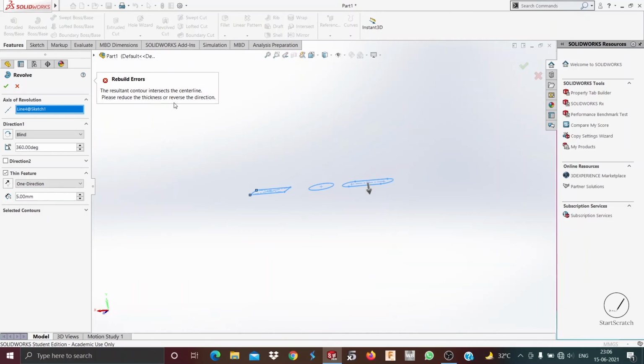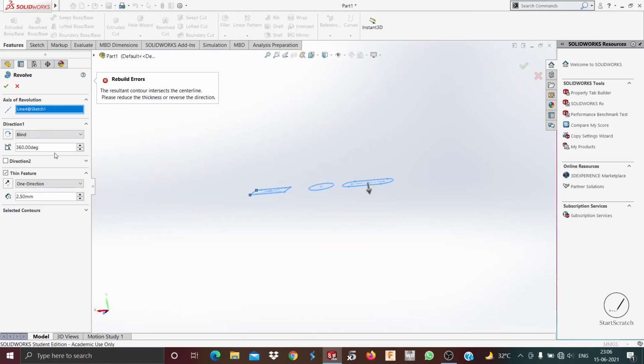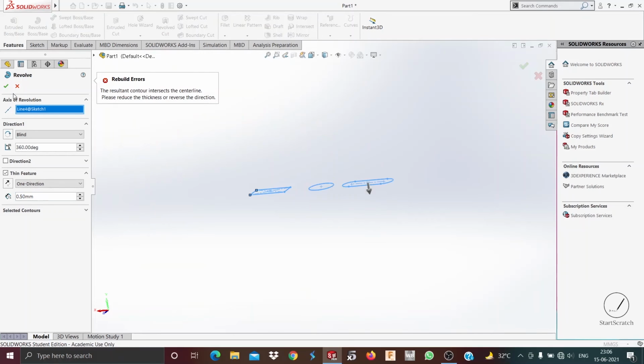So there's a rebuild error. I'll have to reduce the thickness. Now I have changed the axis of revolution.